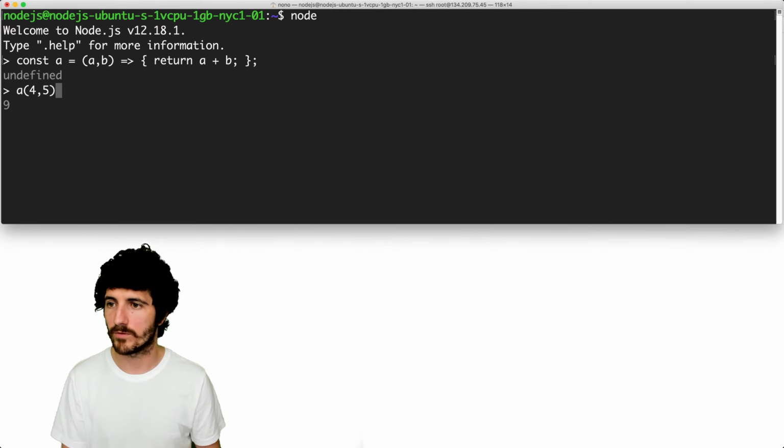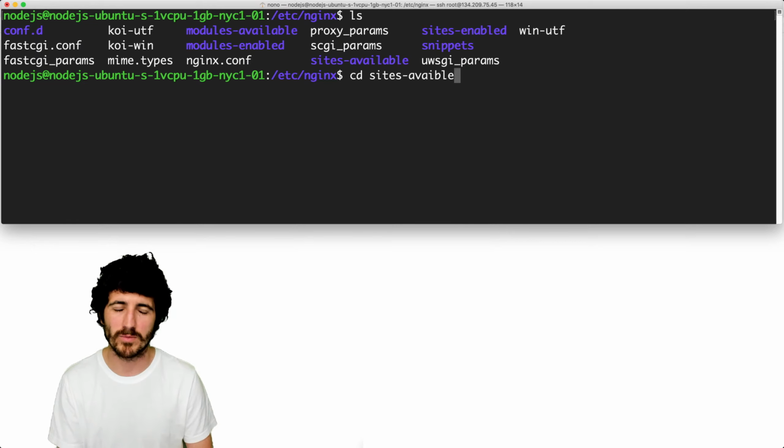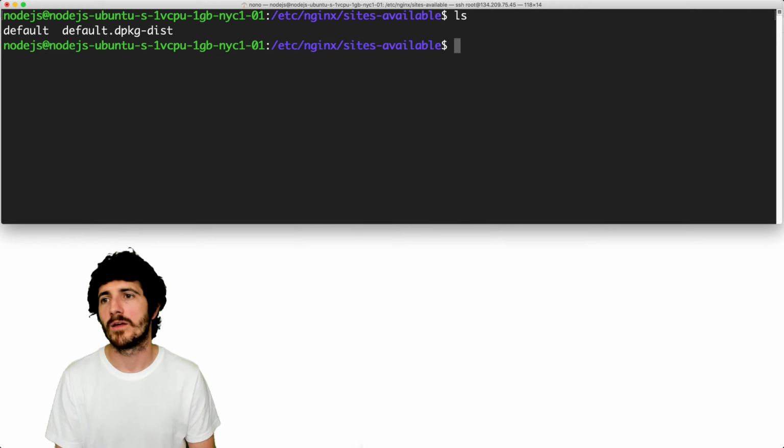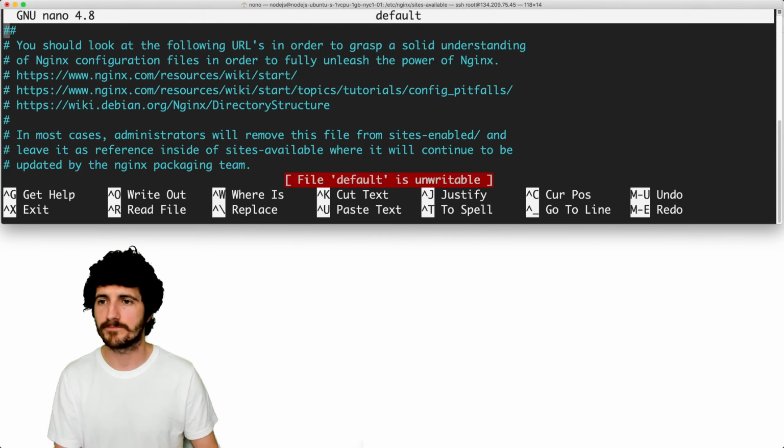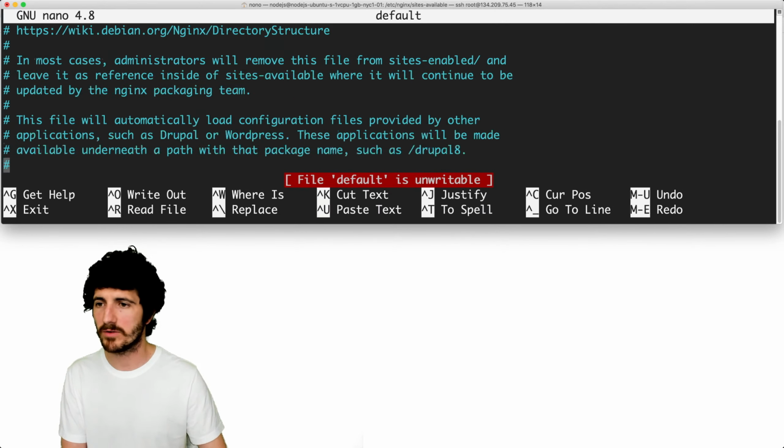And I think we also have, so we could go here to var, and no, so maybe var is engine. I think it was here, right? Yeah, so we have engines. So if we go to sites available, and this is something that we probably won't cover in depth today, we have here the default file, which is probably the file that is telling the Node.js server where things are.